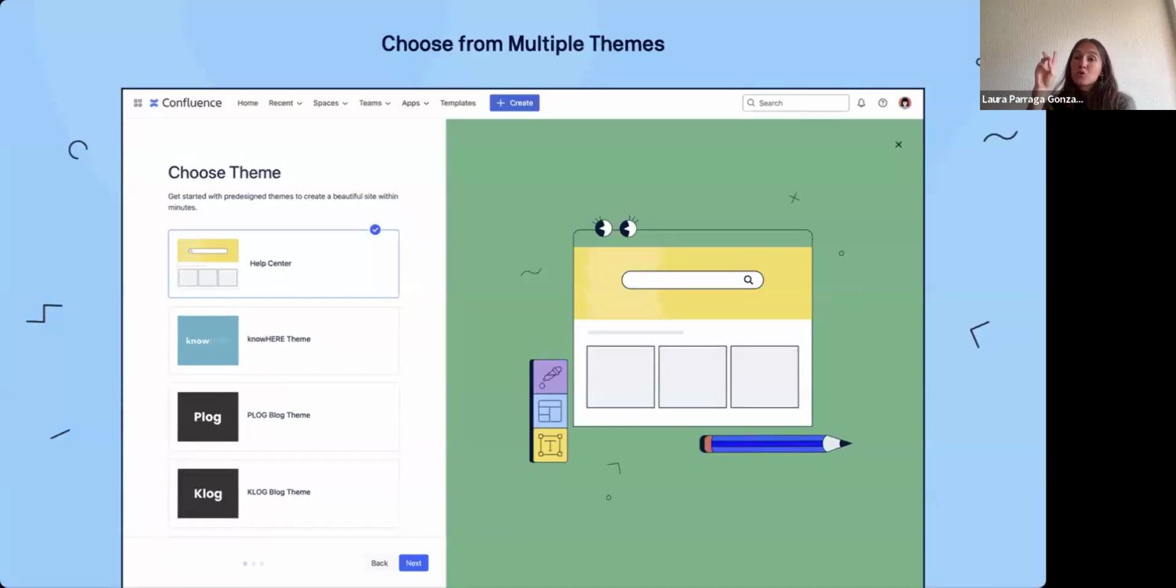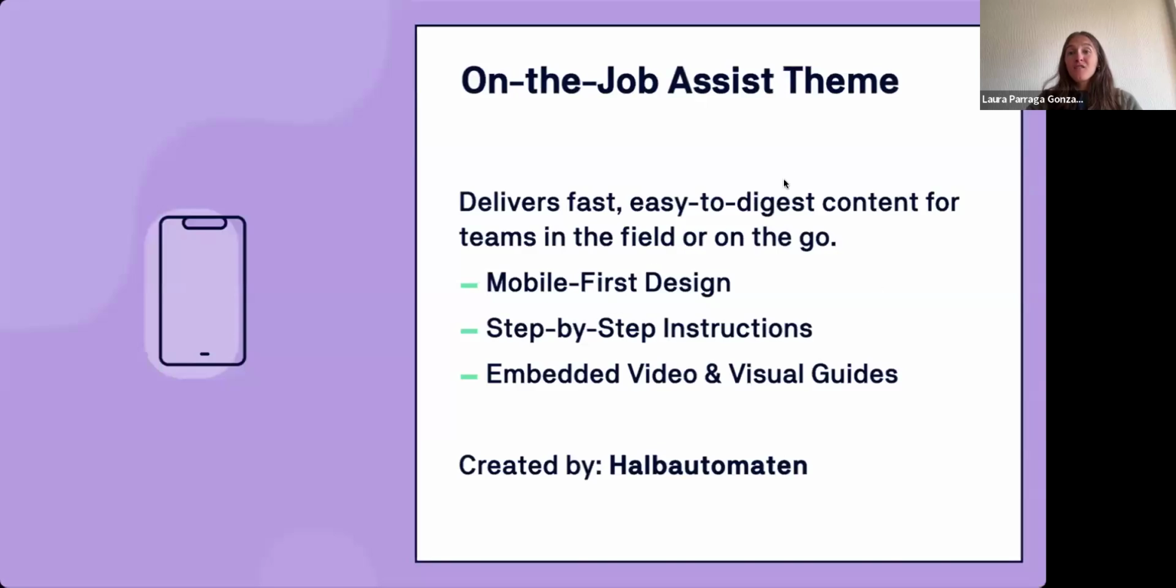We'll actually present to you two new themes, and these were developed by some partners. It also means these new themes at the beginning and the beta version will be free, just like the Help Center theme, but in the future, they will be paid themes. Let's start with the first one. The first one is what our partner calls the on-the-job assist theme. This was created by our friends at Helpautomaten, a German agency who's had many years of experience working with lots of